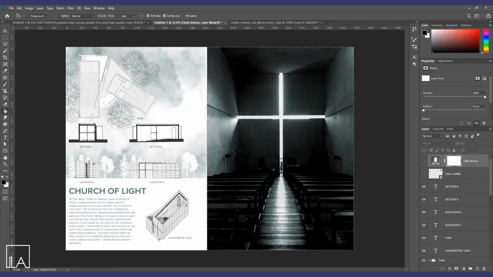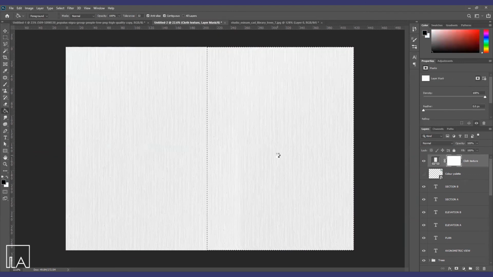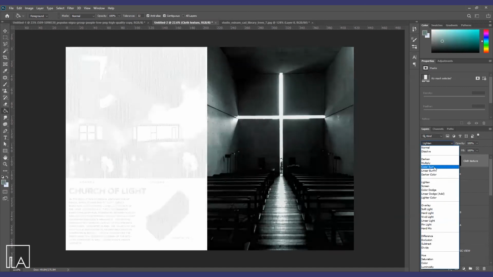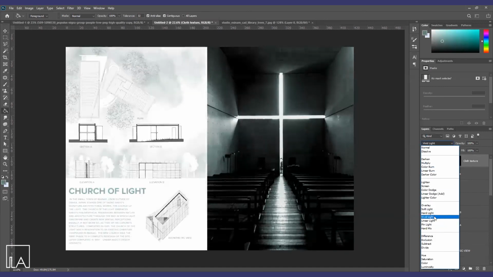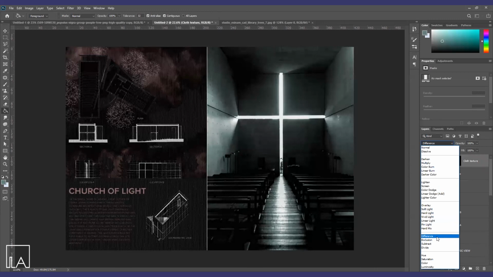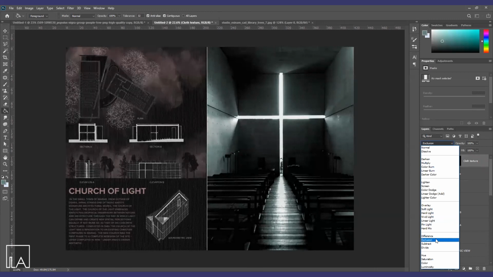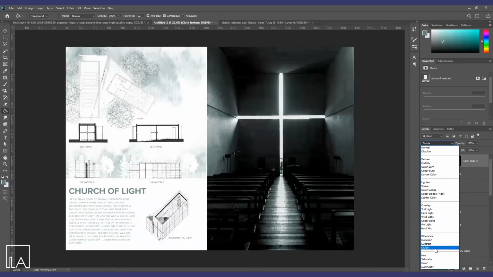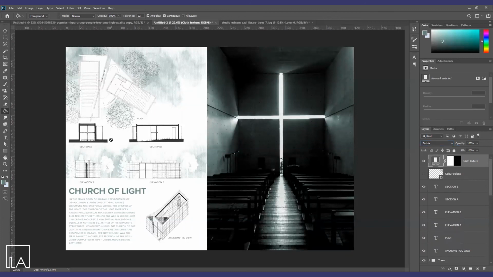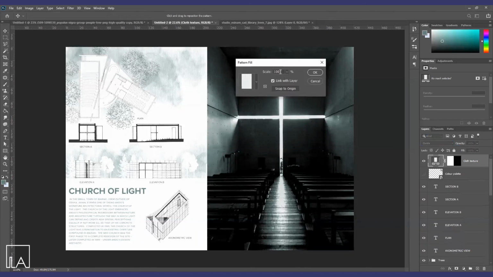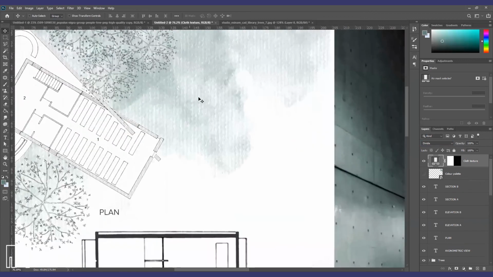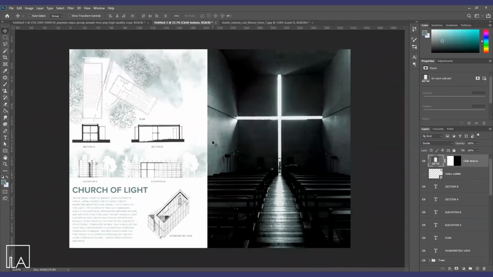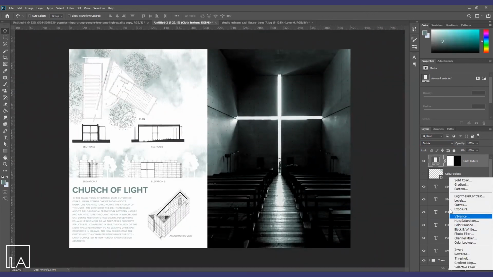To further add some texture to the panel, we can add a pattern adjustment layer of our choice. Adjust the scale and then change the blend mode of the layer. Changing the blend mode of the layer will give you some very interesting and cool effects on the panel. And then you can see and pick whichever blend mode you like the most and apply it. So here you can see that we have applied a cloth texture blend mode to our panel.